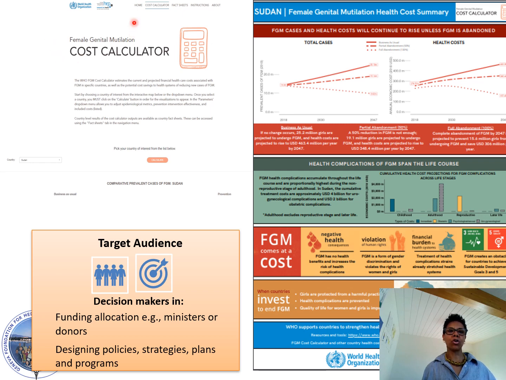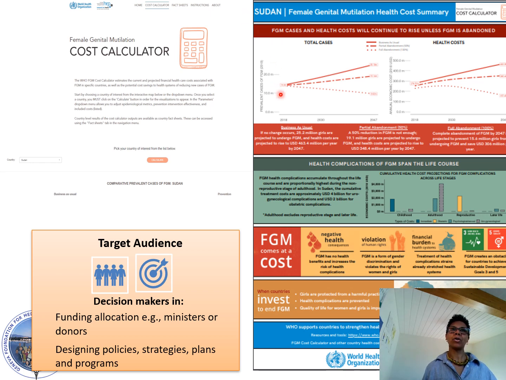You would find the home, the cost calculator tab. This is what's currently clicked. The fact sheets, I'll describe them later, instructions, and something about the cost calculator. So basically you'd enter the country you're interested to get the data from, and you calculate. At the fact sheet tab, there are very nice printouts for the country,